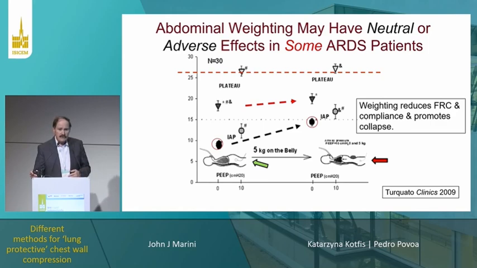This was done in Brazil by Carmen Barbas, one of the colleagues of Marcelo Amato. And in patients without COVID-19 ARDS, the weighting seemed to reduce the FRC, and compliance seemed to get a little bit worse or stay neutral of the total respiratory system, and it probably promoted collapse because the lung volume was smaller